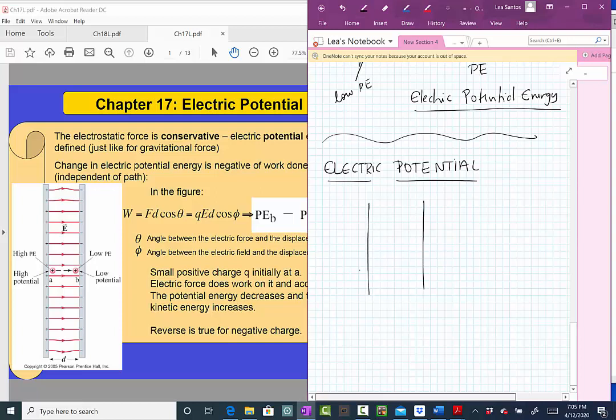The convention is that on the side of the positive plate, we say that we have high potential. How are we going to denote potential? With this V. So I'm going to write here high V, high electric potential. On the side of the negative plate, we say that we have low